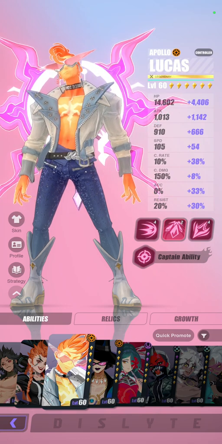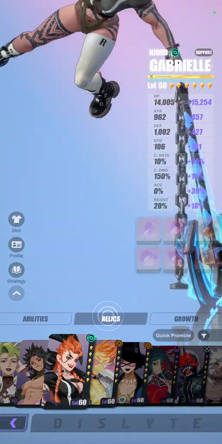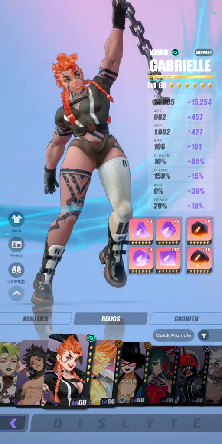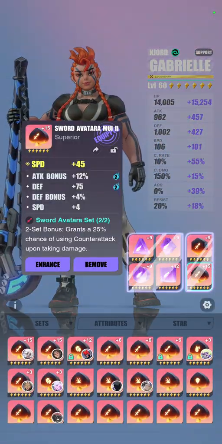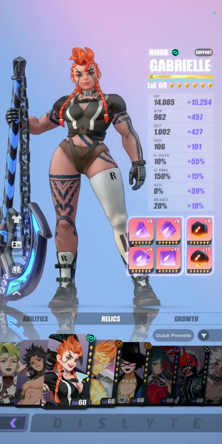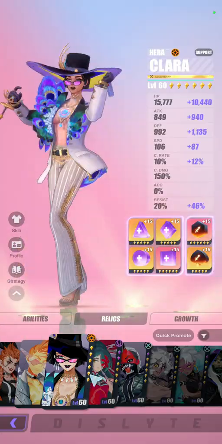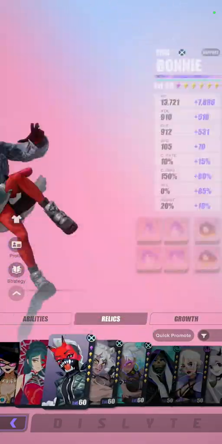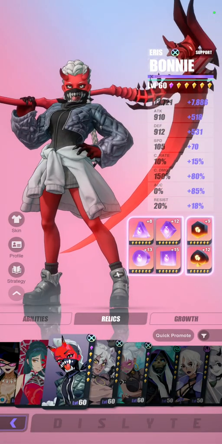Now in terms of builds, I'm gonna be using Gabby. Gabby works well with her speed set, she's fast. I'm using counters for some extra hits that maybe she can land on the boss as well. I'm also going to be using Clara because of the immunity heals and 2-hit first skill. Bonnie, because Bonnie can remove his immunity once he gets it with her ultimate, and she's got the 4 hits